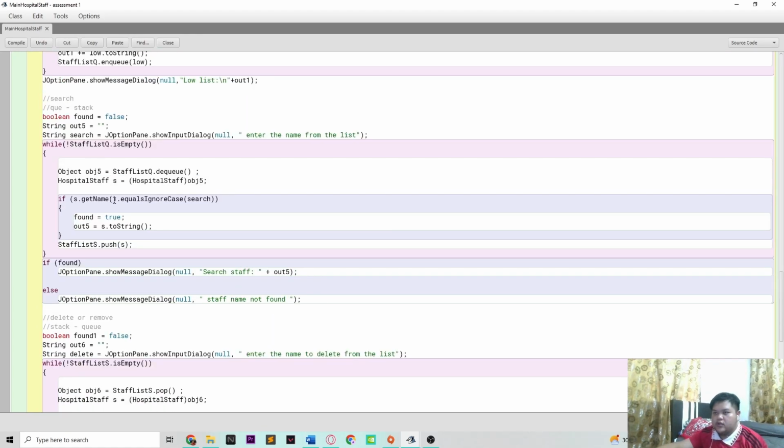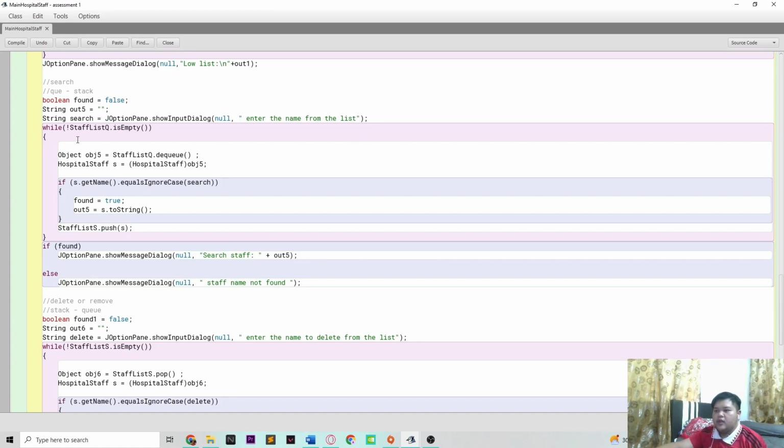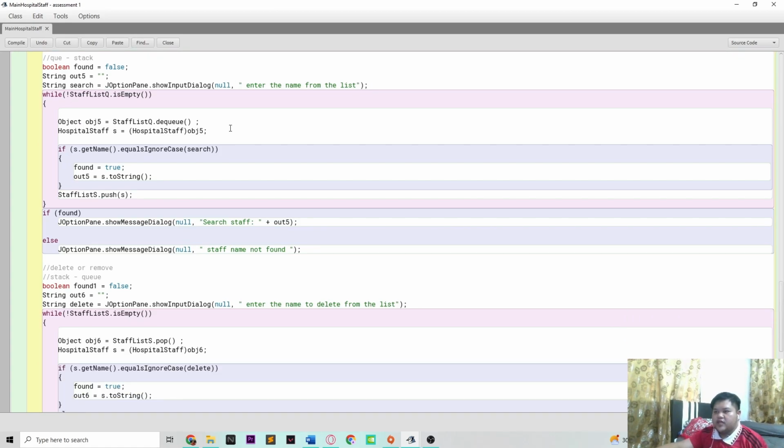Next is search. I will do a copy to queue to stack. Here I will declare a new variable, which is boolean found equals to false, string search, and the user will need to enter the name from the list. In this while loop, I will create a new object, which is obj5. And in this loop, if s.getName equals to the search variable that has been created,